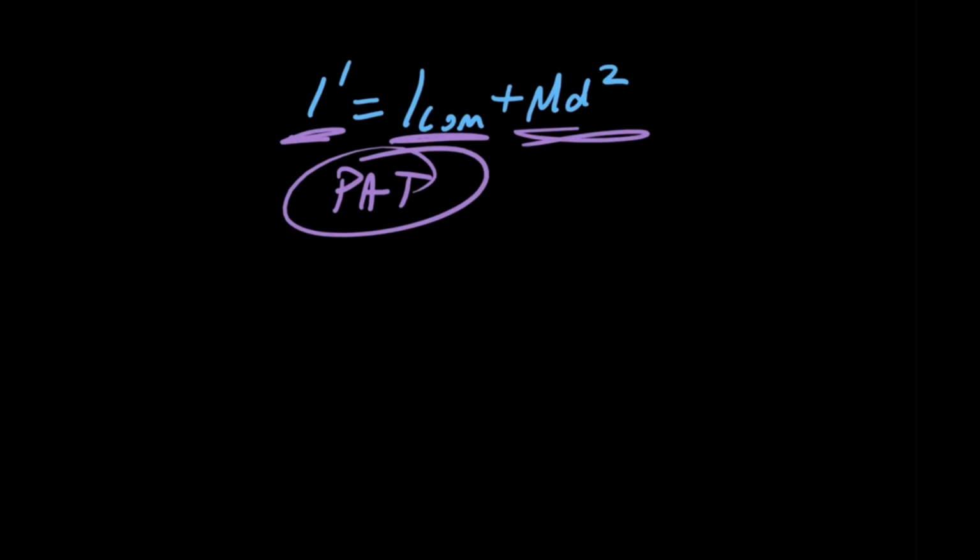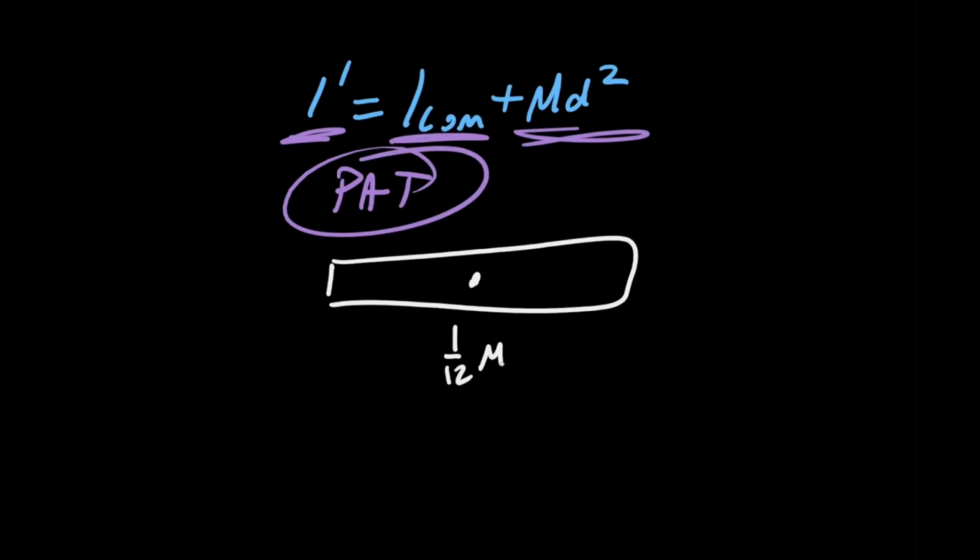So we're just going to do another quick example. And like I said, we're going to find another coefficient for a similar problem as what we just did. So we found from the previous thing that if we find I around the center of mass, it's going to be 1/12 mL squared. This is obviously the center of mass because it's a symmetrical object, right? We're just kind of in the center of both of these